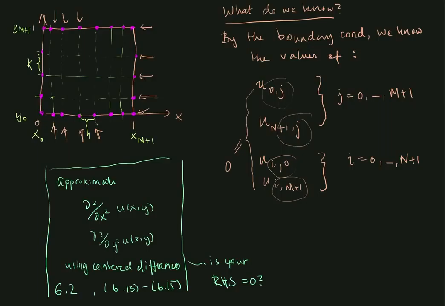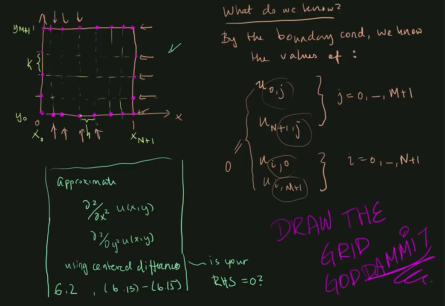So before you do that, just make sure that you have drawn this grid, because this grid will help you so much doing this exercise, both the theoretical part and the programming part. And in the past weeks, people have also been asked to draw grids, and when people do not draw grids, often the implementation just gets really messy, and the debugging just gets really messy as well. And often it's very hard to come back and actually find out what you've done in your program. So draw the grid